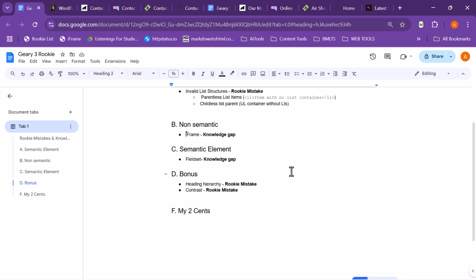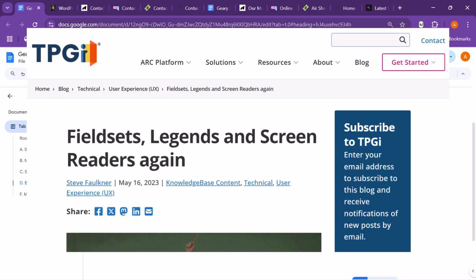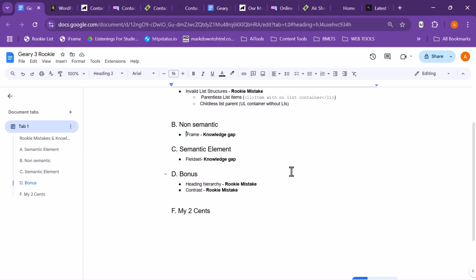Now, for guidance on grouping Fieldsets with ARIA label or even ARIA label, you can see Fieldsets, legends, and screen readers again, a post by Steve Faulkner on tpgi.com. Regardless of how a Fieldset is named, the accessible name has to be descriptive. So even if you have a Fieldset that is named and the name is gibberish, it's not going to